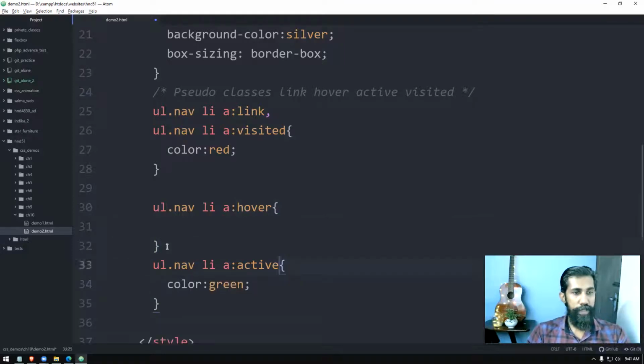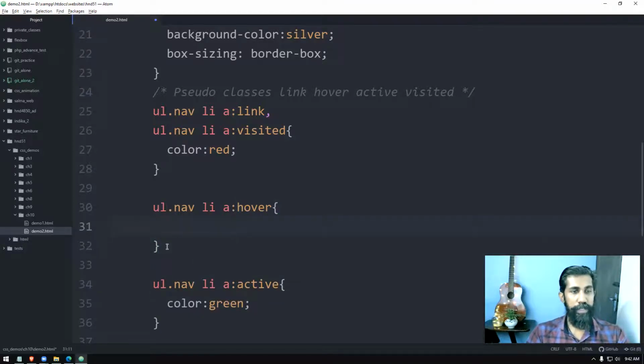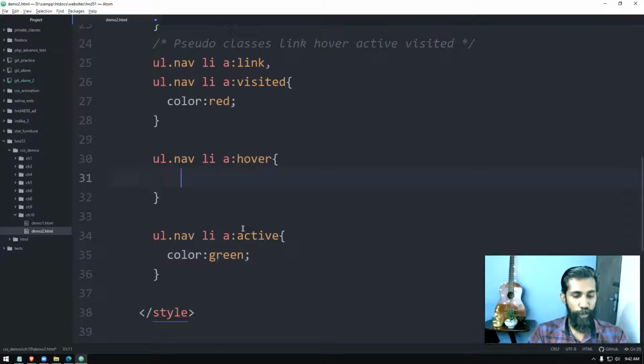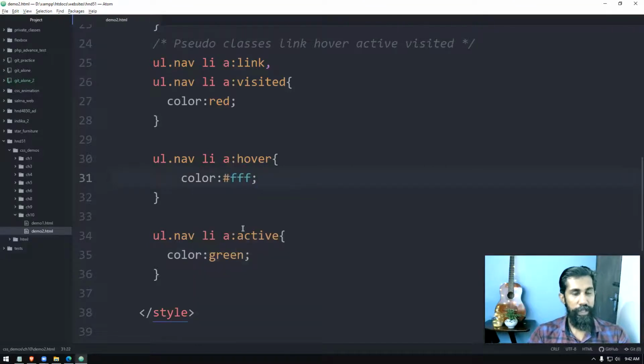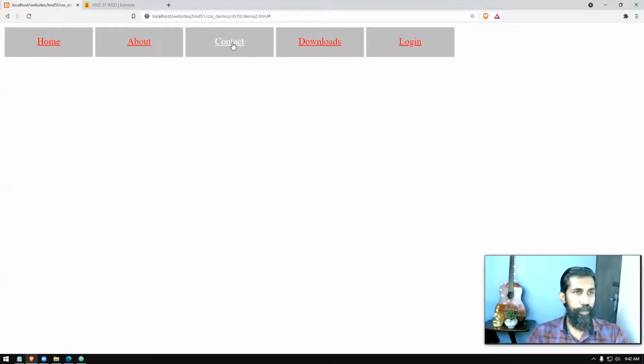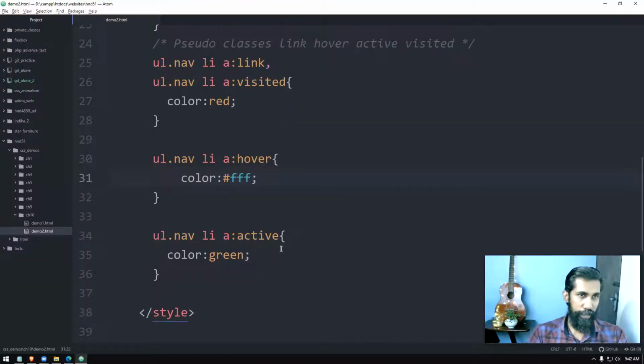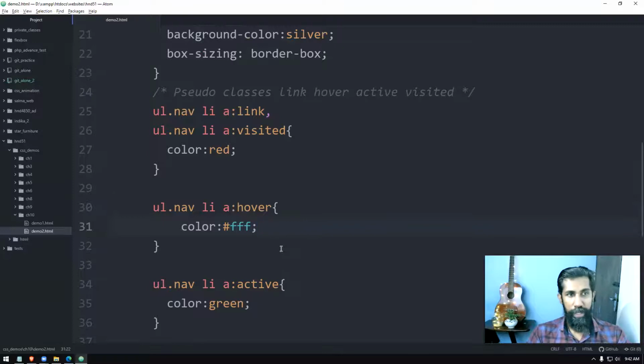You would have guessed it. What do you mean by hover? Hover means once the mouse pointer comes over the link. Let's say you want to change that to white. So when the mouse pointer comes, the text turns to white color, right? So by just using those three or four pseudo classes, we are taking control over the color attribute of this particular item. So you know how to change the colors accordingly.